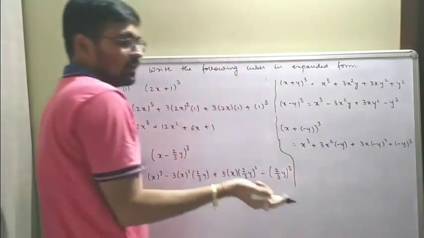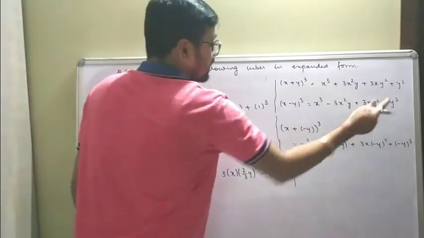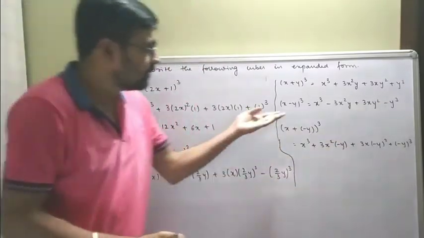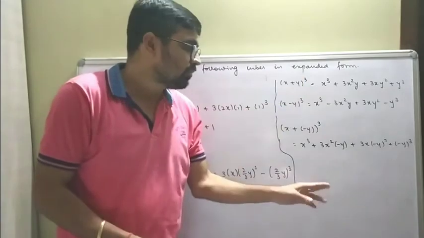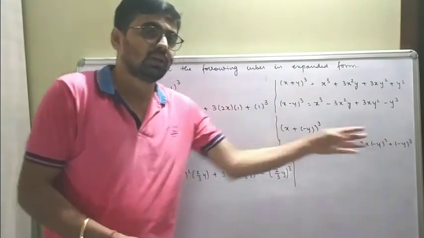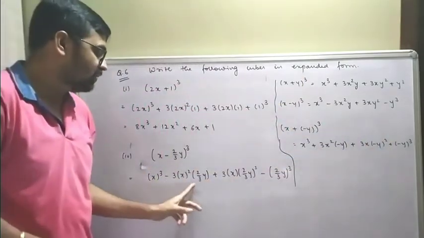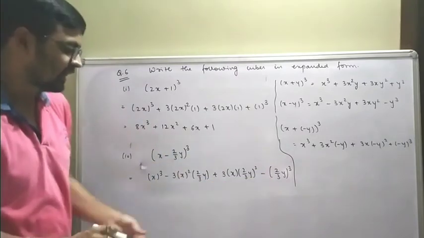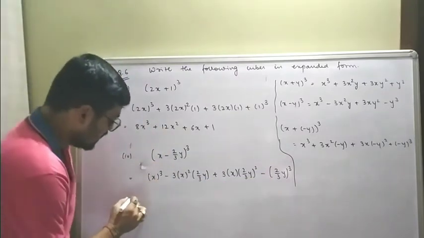Minus y cube, that means again it becomes negative, and here it is negative. So if you remember this formula, you are not even bothered with writing minus y over here. You can simply write whatever the value is here, 2 by 3y. Simple, that's it. Correct? So let's move ahead.